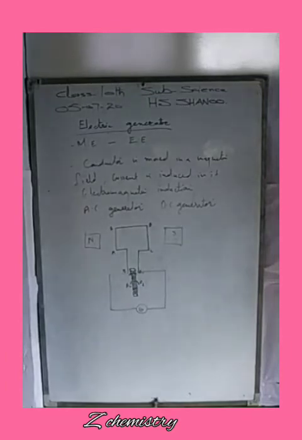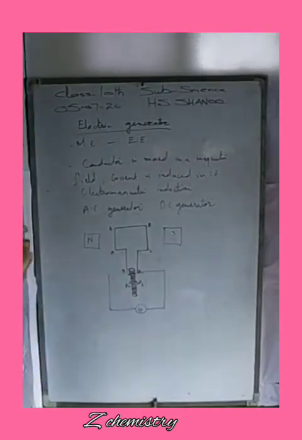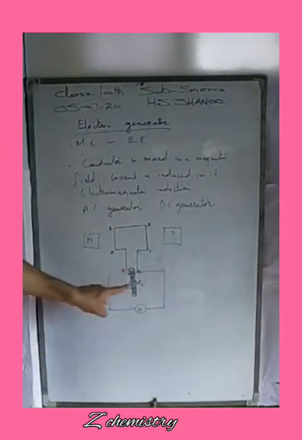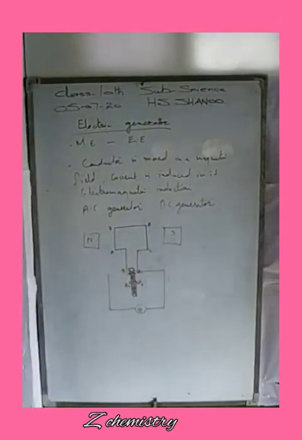The two rings R1 and R2 are attached to an axle. This is one ring, this is another ring. They are insulated from each other, and these two are connected by an axle. It is a type of rod, so that they are connected, and also there is no sort of short circuit between the two rings.